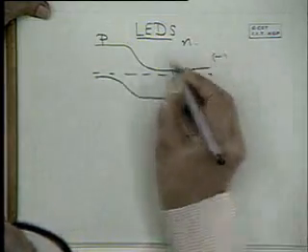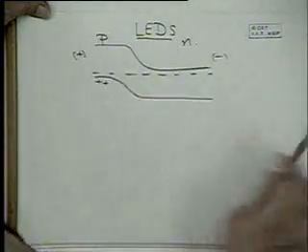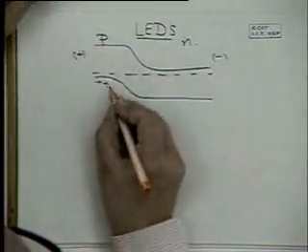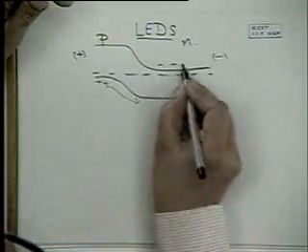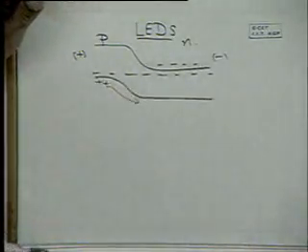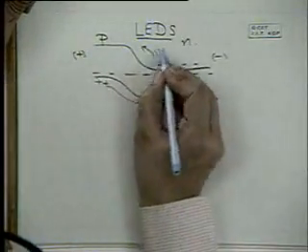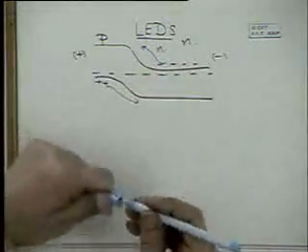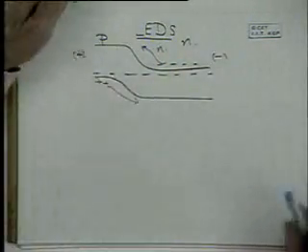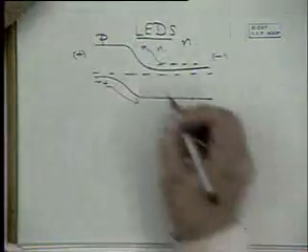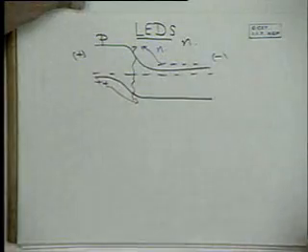N is negative, P is positive. Holes are injected into the N-type region and electrons are injected into the P-type region. And since the light emission is due to recombination of electrons and holes,